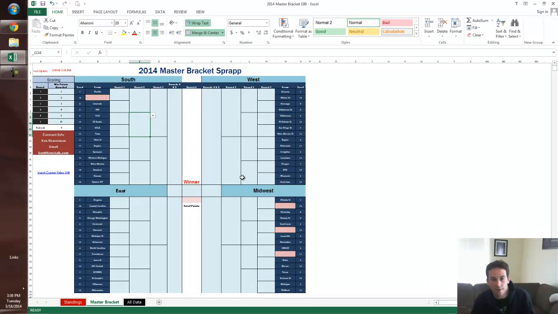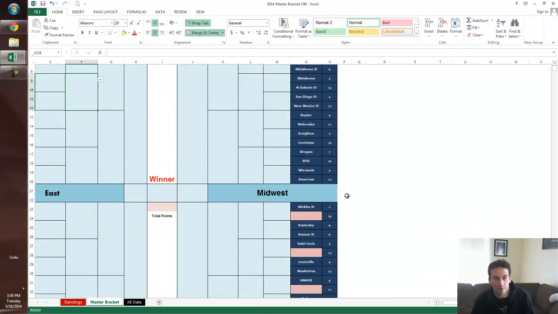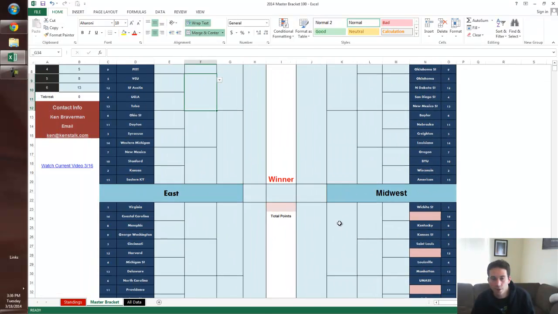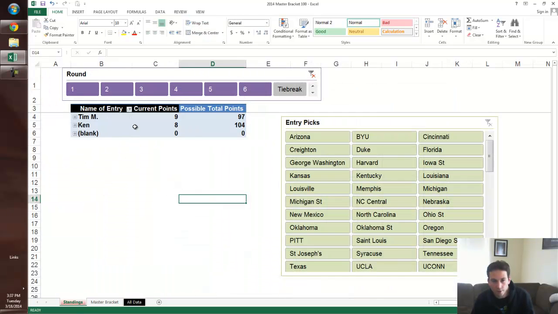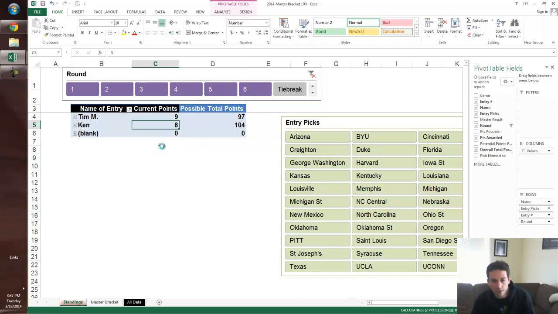Now all of a sudden things start happening. Games start getting played, right? Let's say today's play-in game, Albany wins. Then first round games start happening. Florida wins. Pitt wins. Things start going on. You then go to your standings sheet and just refresh inside here. I added something for possible total points that you could get,